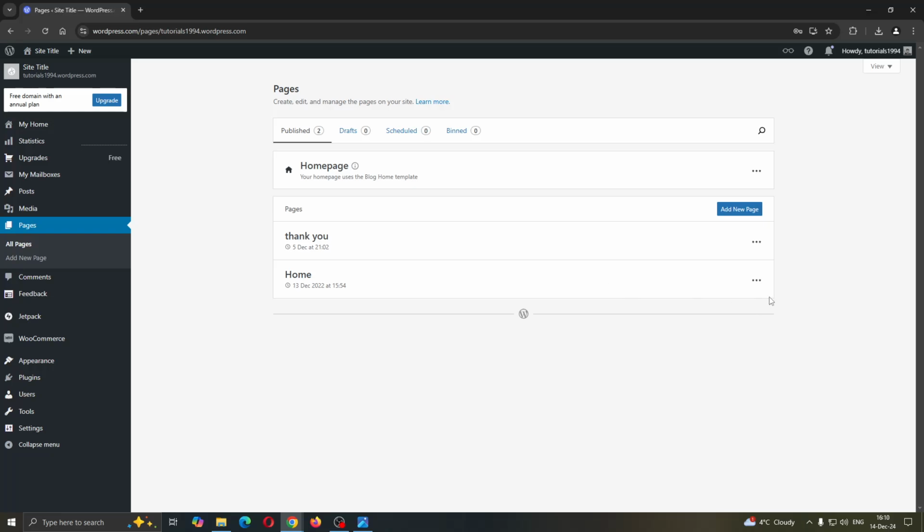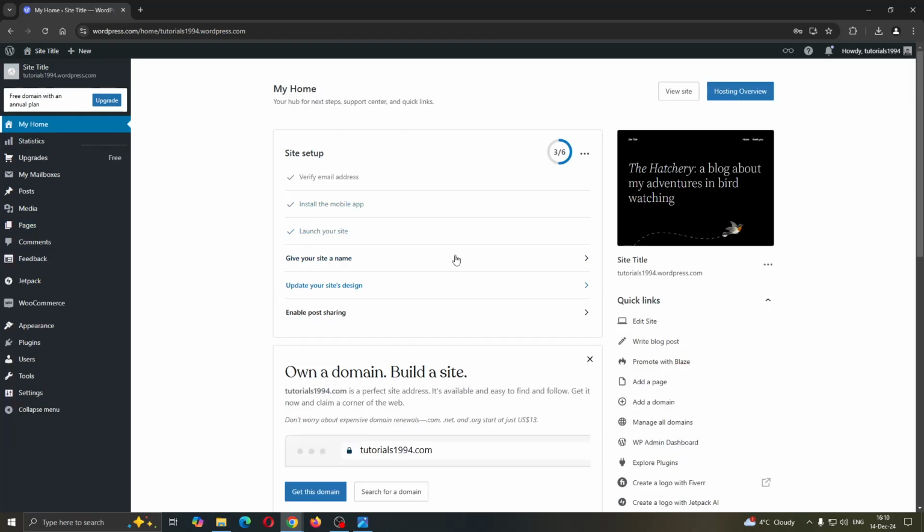So the first thing you want to do is to go ahead and open up the official WordPress website right here at wordpress.com if you have not already, and after doing so, in the upper right corner you want to get started with logging into your account. So if you do not already have an account, you can just go ahead and create a new one, and after logging in successfully and opening up your web page and your WordPress website, it's going to look like this